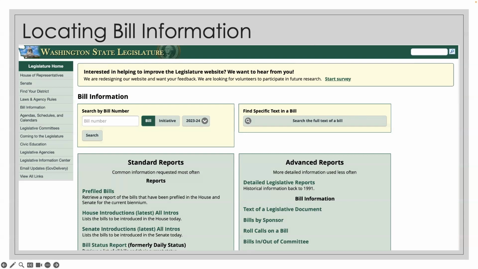You can also scroll down a little bit. You can look up bills by their sponsor, and that might be helpful. But for our purposes, a lot of times you might know the bill number. If you know the bill number, that's generally the easiest way to identify and locate a particular bill and get